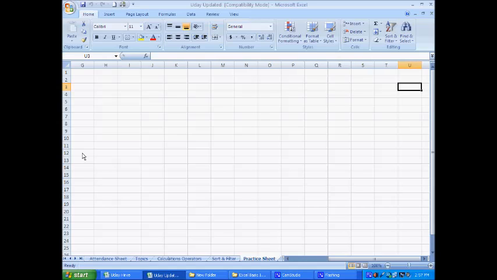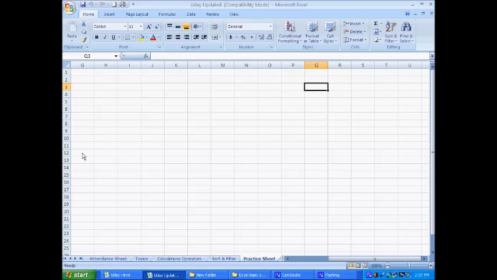Now with the help of your keyboard you have to press Shift Tab. As soon as I press Shift Tab, my cursor is again going backward. So if you want to move on your worksheet horizontally, you have to press Tab.